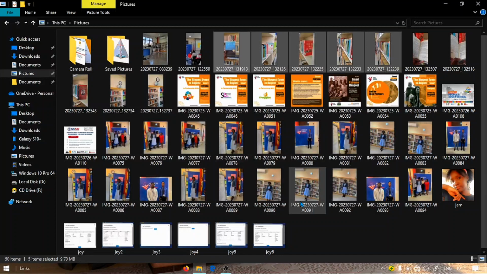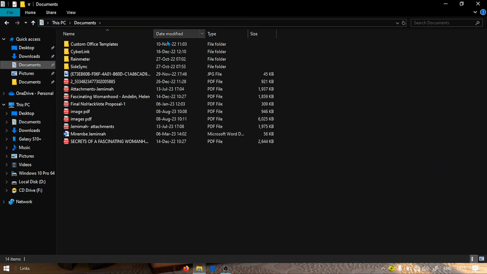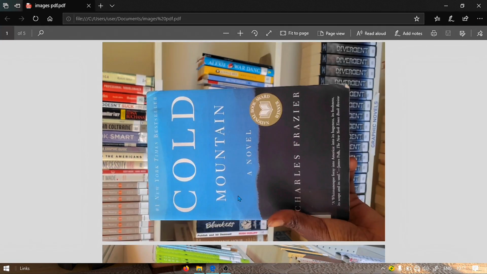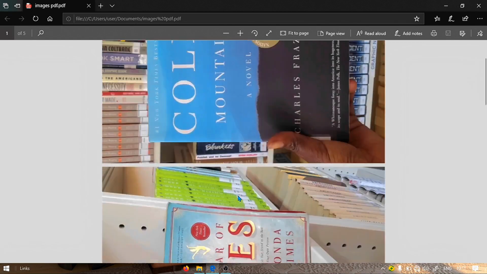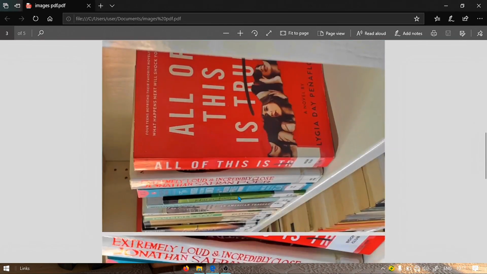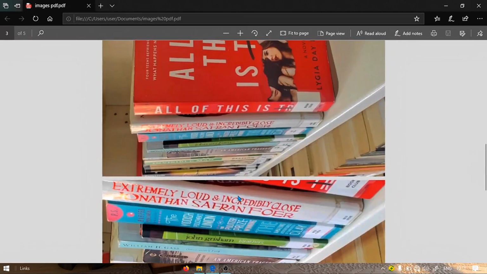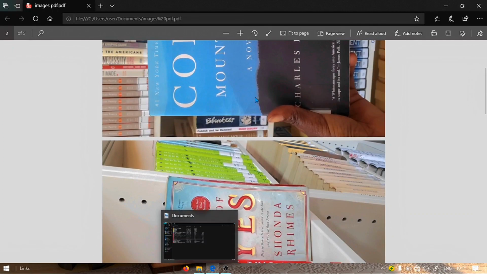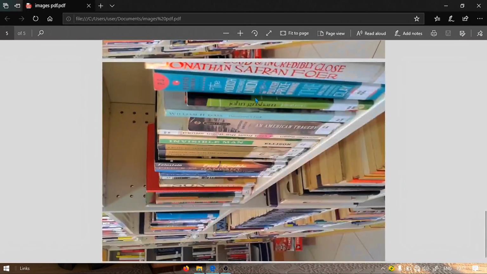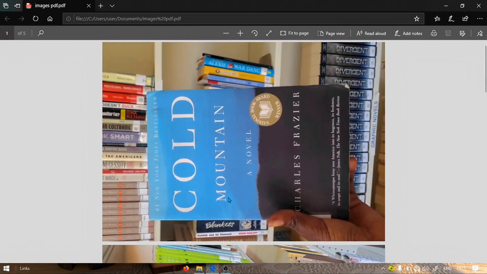we're going to go back to our documents and see how they look like. As you can see, images PDF is also a PDF file. So you double tap on that and it brings you to this beautiful PDF file. As you can see, the images are all in here looking amazing. So this is how you turn your images or image to a PDF file easily on your PC without any data spent or